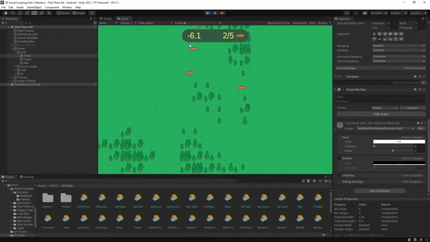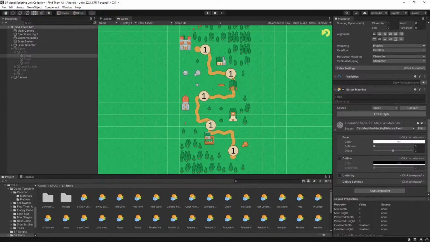So one thing that we need to do is actually make sure that the timer will stop running when we are below 0, and just display 0. And then if we pick up any item, to make sure that we actually